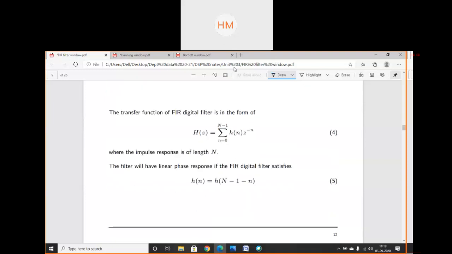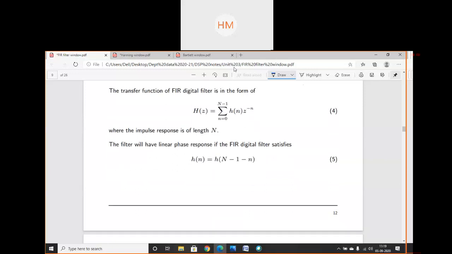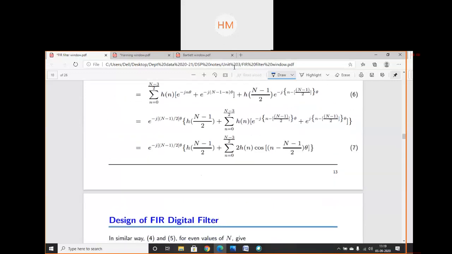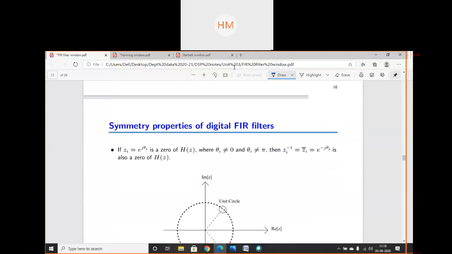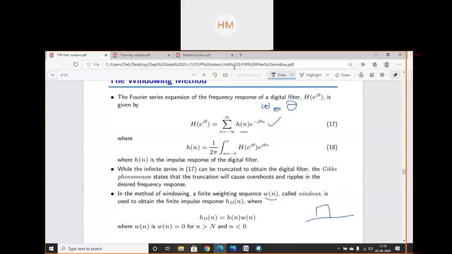Transfer function of FIR filter you can do by applying simply Z transforms, and this equation can be written in Fourier transform in terms of Z is equal to e to the power j theta. Then we have found out its h of n impulse response by using Fourier series method. That equation we have written. In today's class we have discussed this equation, and this gives generation to your windowing technique. And to design FIR, there are three methods: Fourier series, frequency sampling, and windowing method. And we will focus only on windowing method. We have discussed different window functions today. All the window functions, we have written their equations.